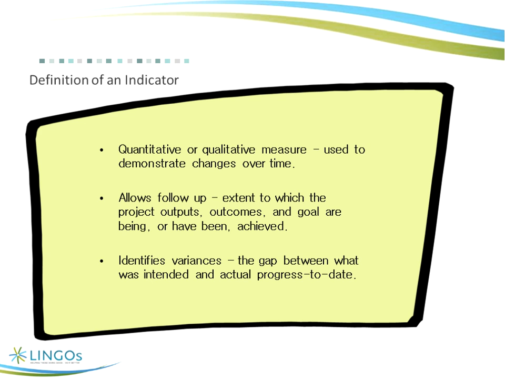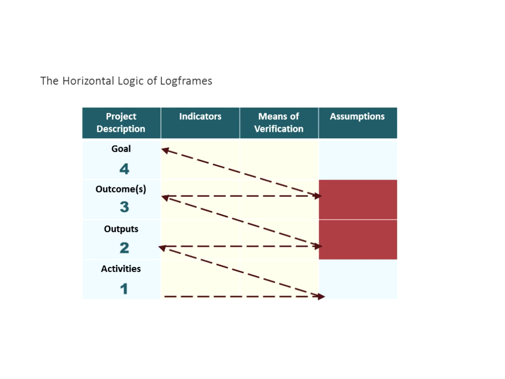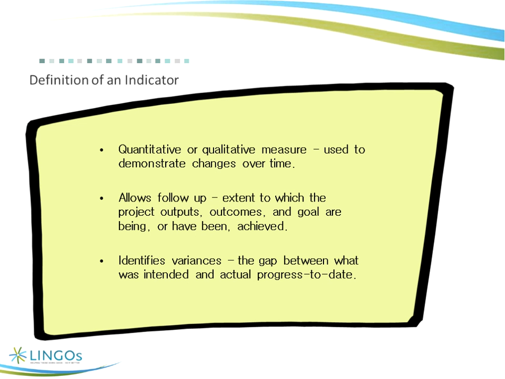Now the other two columns with the indicator and means of verification, just so you know where I am now, I'm going to talk about these two columns, and then I'll say a little bit more about assumptions before we wrap up for today. An indicator then, as somebody said when I started out, they are big challenges, and they are probably the next most important part after you get your vertical and horizontal logic set, is to get your indicators that are usually both qualitative and quantitative. We usually have both kinds of measurements, even though sometimes we can overemphasize one or the other and need to be pushed in